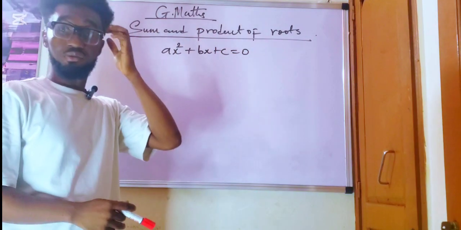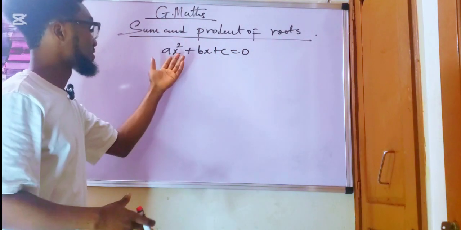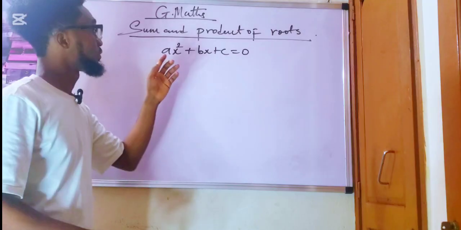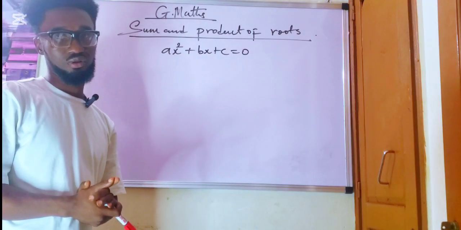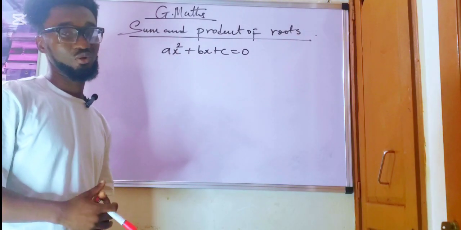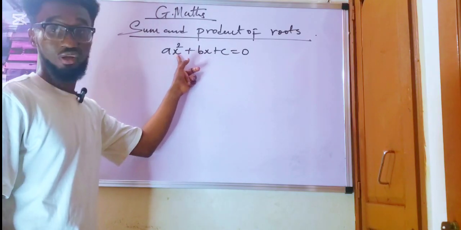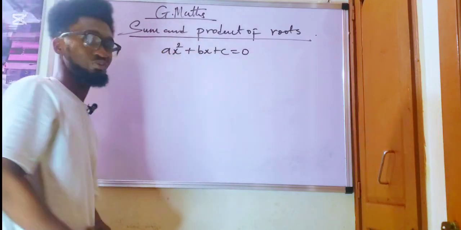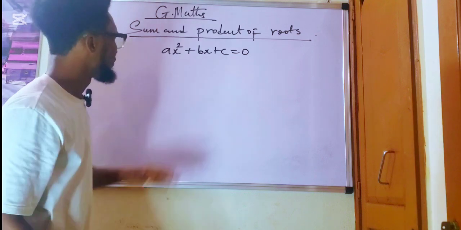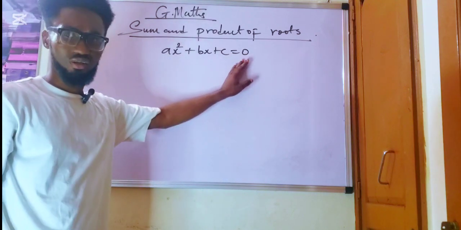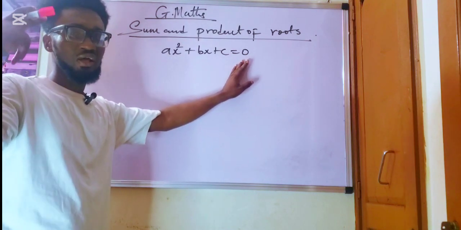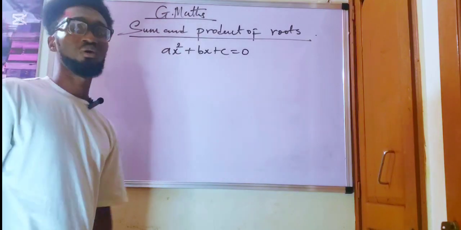This is an equation, right? It is an equation of what type? A quadratic equation. Why is it a quadratic equation? Because the highest power of the variable x there is 2, right? Good. Now, this equation right here, in our previous class, I taught you how we can solve this equation